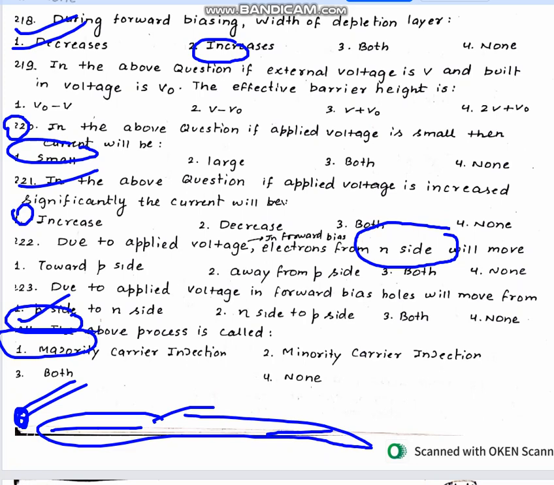In the above question, if the external voltage is V and the built-in voltage is V0, the effective barrier height decreases, so it is V0 minus V. Next, in the above question, if the applied voltage is small, then current will be small. Next, in the above question, if applied voltage is